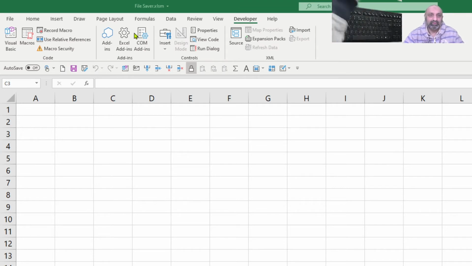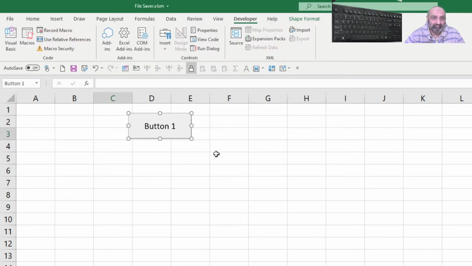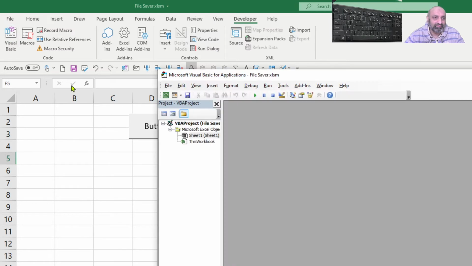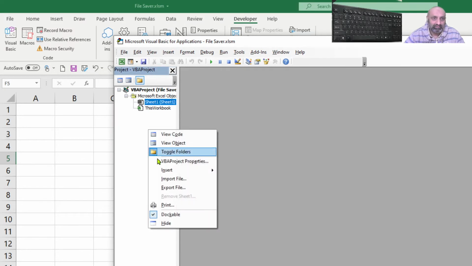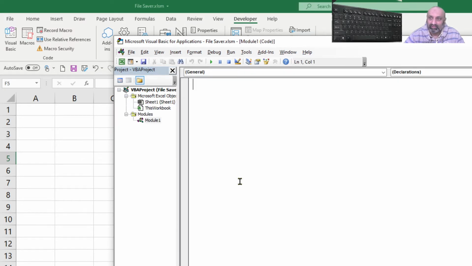Okay, so Developer, Insert, let's insert a button, and let's not assign a macro, then go to VB and insert. I hope you can clearly see this.